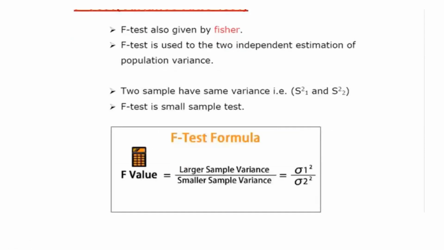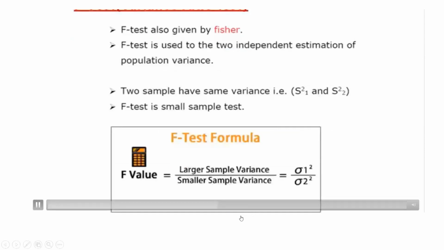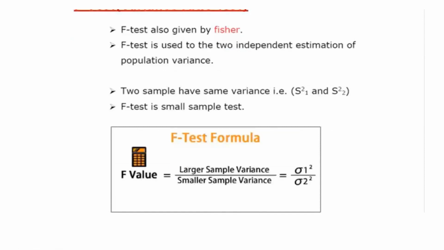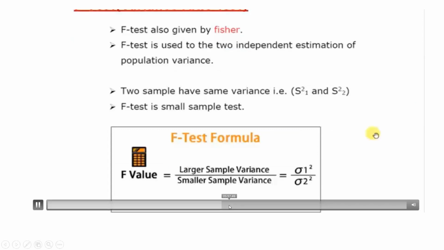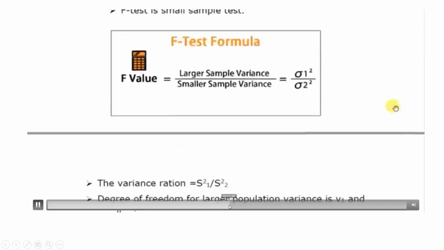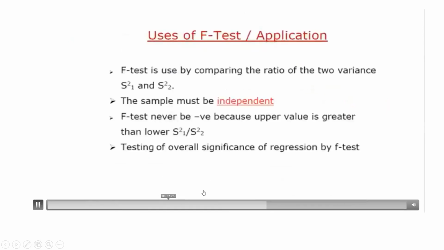टू इंडिपेंडेंट एस्टिमेशन ऑफ पॉपुलेशन वेरिएंस। बेसिकली जो एफ टेस्ट या अनोवा है, उसमें हम देखते हैं कि पॉपुलेशन वेरिएंस के अंदर कितना डिफरेंस है और कितना नहीं। एफ टेस्ट में लार्ज सैंपल वेरिएंस के स्क्वायर से वेरिएंस को कंपेयर करना होता है, तो हम एफ टेस्ट का यूज करते हैं।